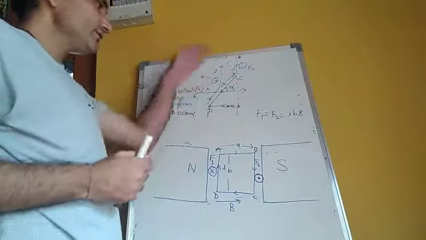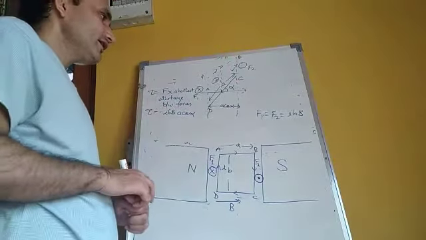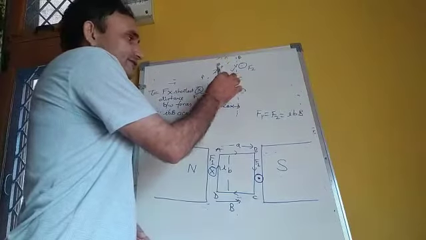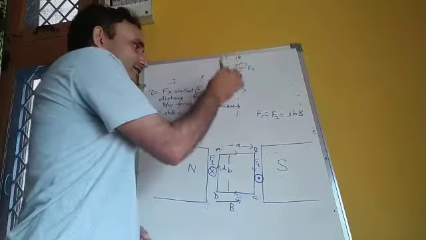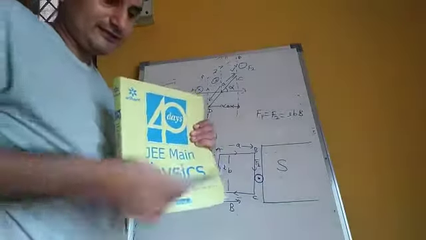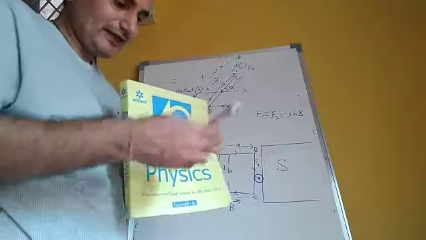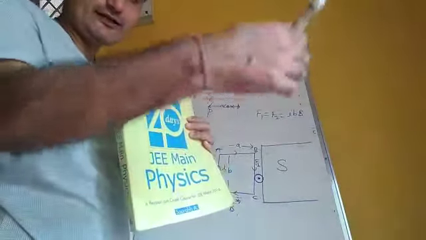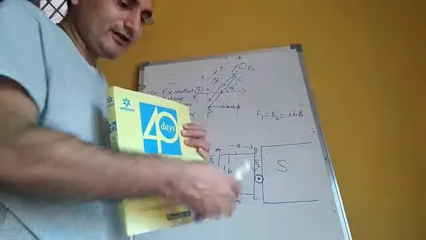Okay, so the normal is in the inward direction, or we can say the normal is a line like this. Or in this situation, if this is the direction of the magnetic field and this is the angle alpha, then this is our normal. Normal is always perpendicular to the area.